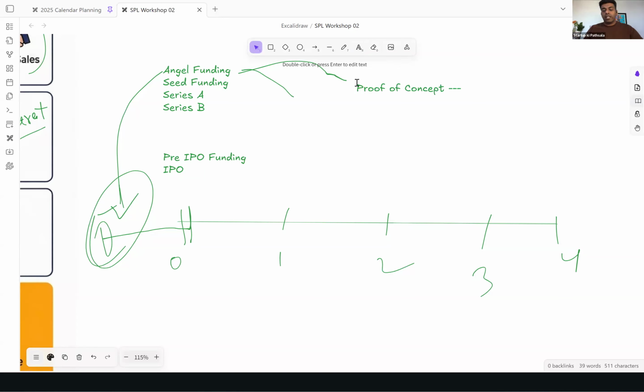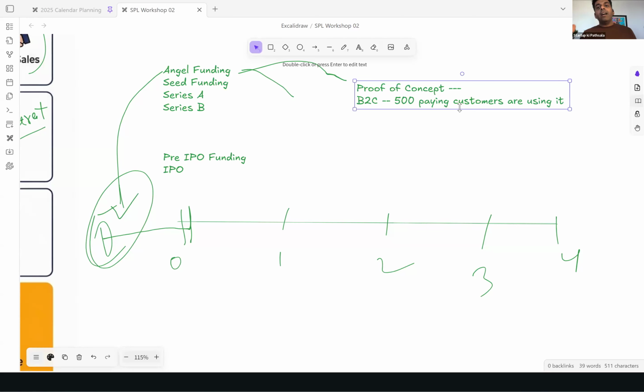अब प्रूफ ऑफ कॉन्सेप्ट क्या हो सकता है? For instance, if you are running a B2C consumer kind of a product or some service, then you will say, I would want to ensure that, say, 500 paying customers are using it, right? So something like that will basically come about. So which means 500 customers तक मुझे लेके जाने के लिए what is required? I need to do packaging, I need to do marketing, I need to do X, Y, Z, I need to hire interns. कुछ तो चाहिए होगा, right? 500 customers को ऐसे नहीं जा सकते.